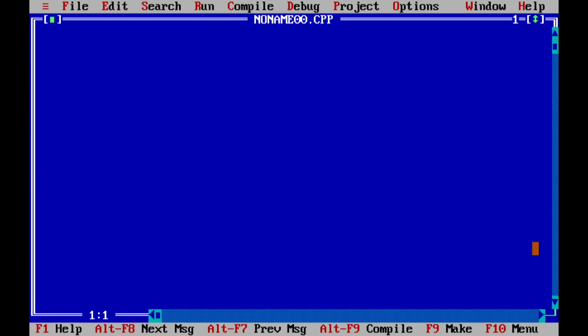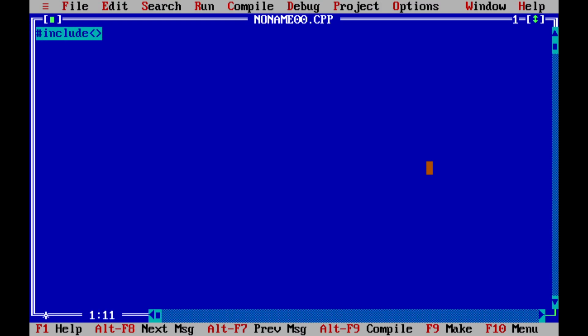So now, let's see how we can prove the existence of the intermediate code. Suppose I am writing a very simple program of 2 lines only.